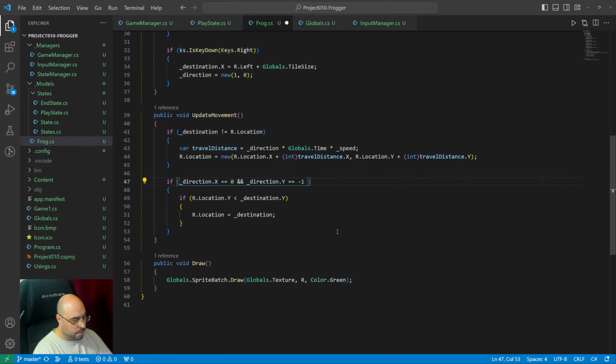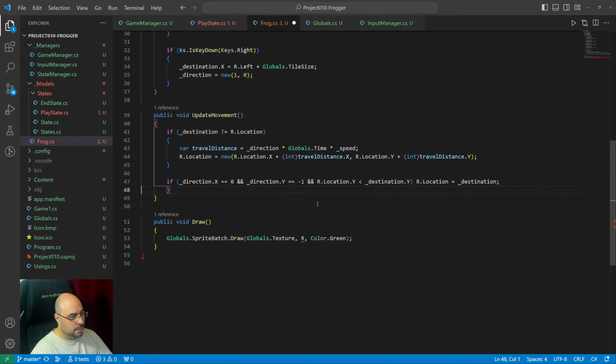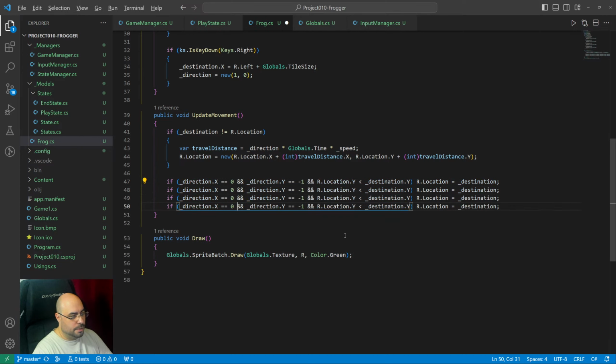So can I do this in one line? It's not gonna be that readable. It's gonna be compact. Now I can just do it 4 times for all the other directions. So this means we are going down. So that means if the location y is bigger,